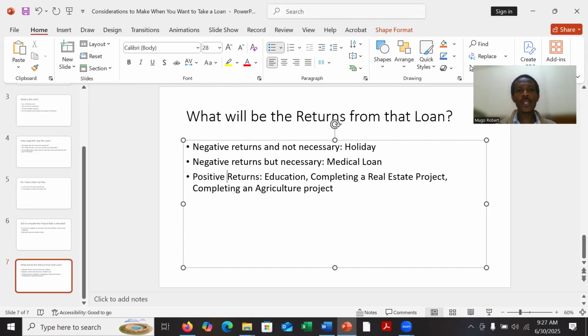There are some loans that will give you positive returns. Take, for example, you want to take a loan for your school fees so that you will get promoted in your place of work. You want to take a loan so that you will undertake a training that is necessary. You want to take a loan to complete a project. There are some people in real estate, you find you have done 95% of the project. It is only finishing